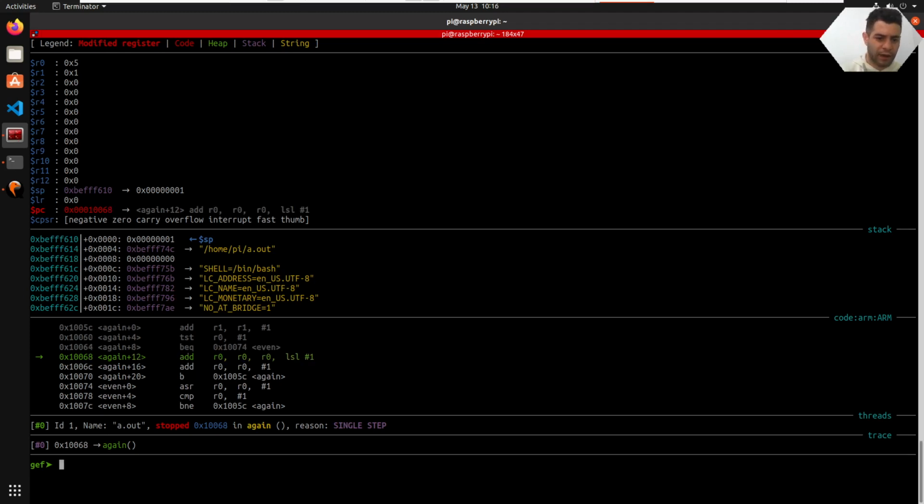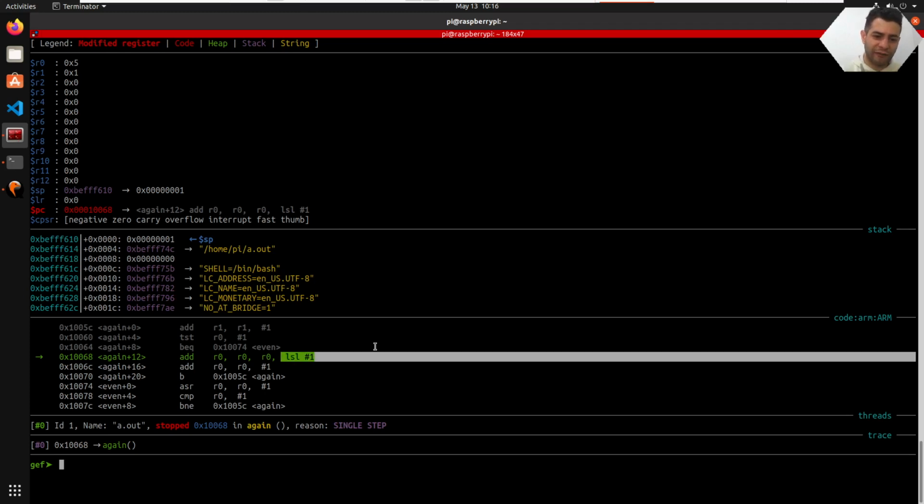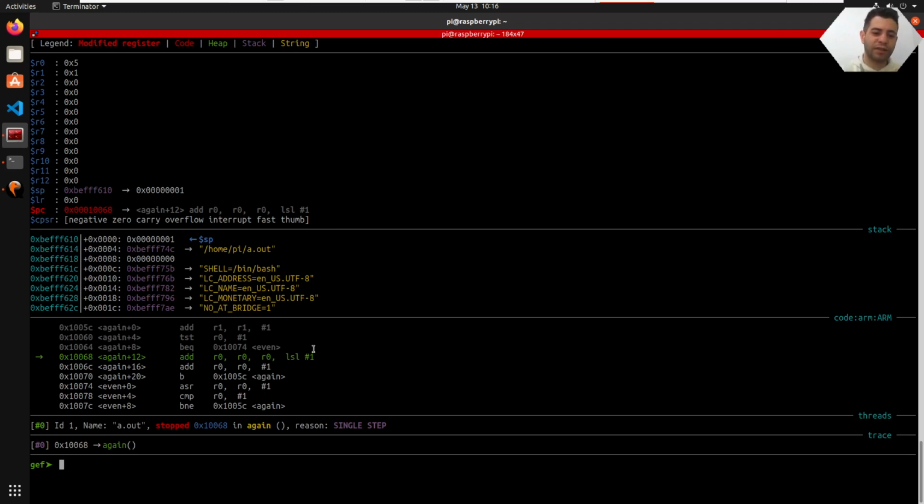So this number is odd. So we are doing, you remember the trick, the logical shift left. So in this case, we are multiplying 3 times 5. And yes, here we got 15. Then we're summing 1, so we end up with 10. I mean, 10 is in hex, it is 16 in decimal. Then we are branching,